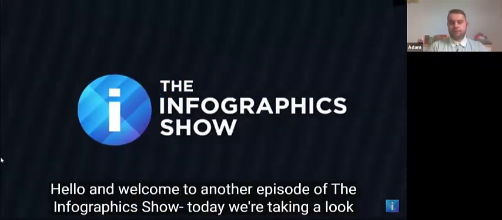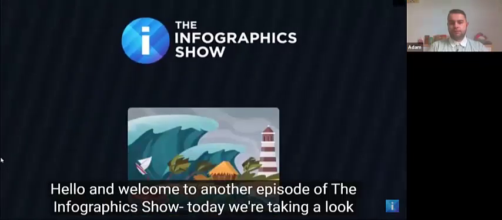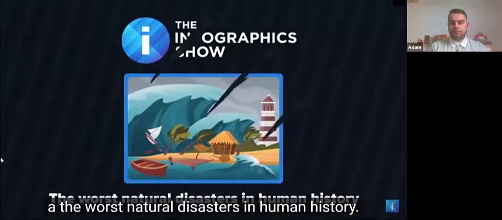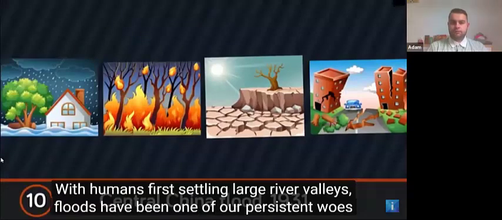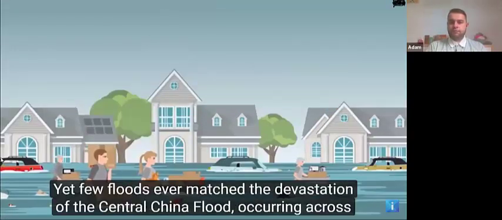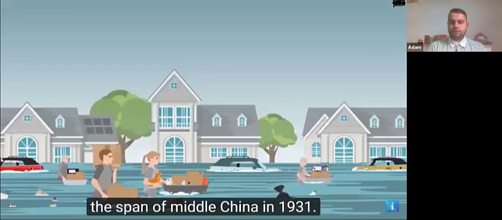Hello and welcome to another episode of the Infographic Show. Today we're taking a look at the worst natural disasters in human history. 10. With humans first settling large river valleys, floods have been one of our persistent woes throughout human history. Yet few floods have ever matched the devastation of the Central China flood, occurring across the span of Middle China